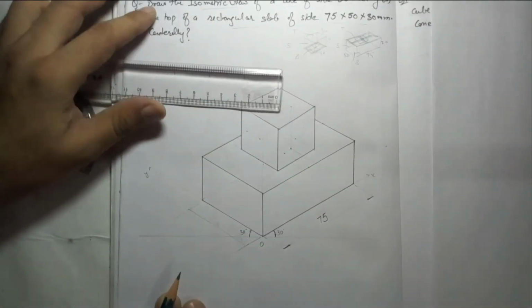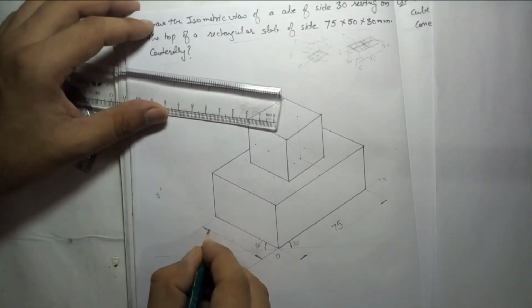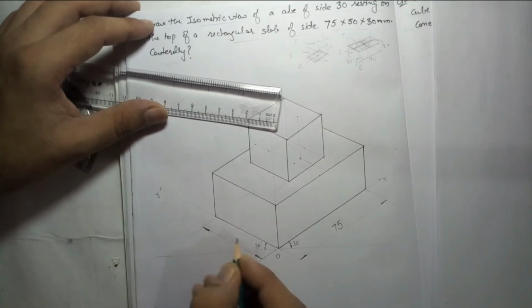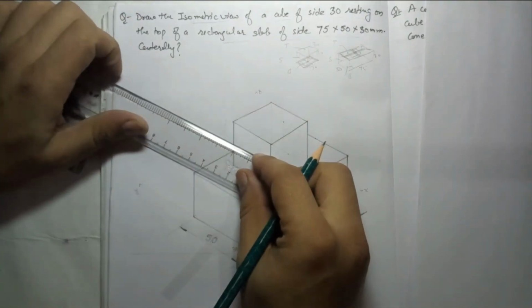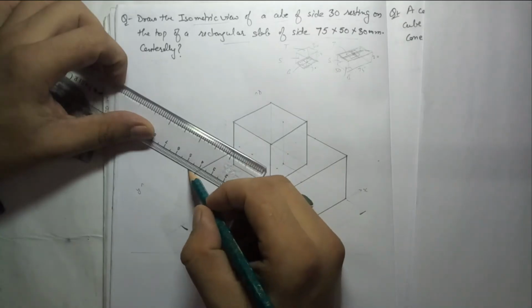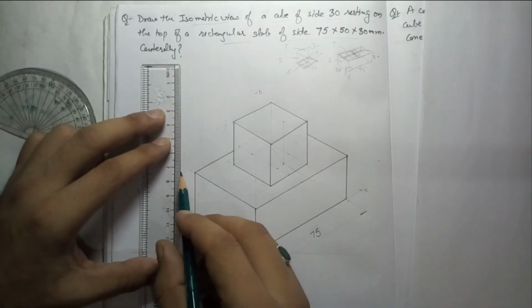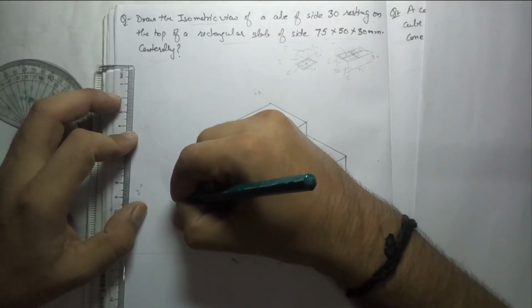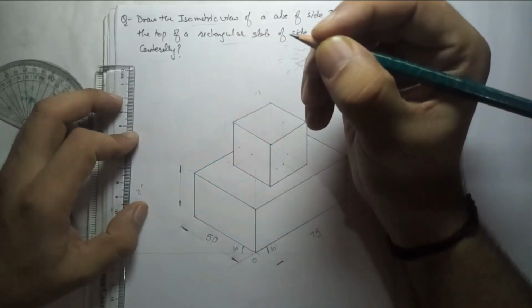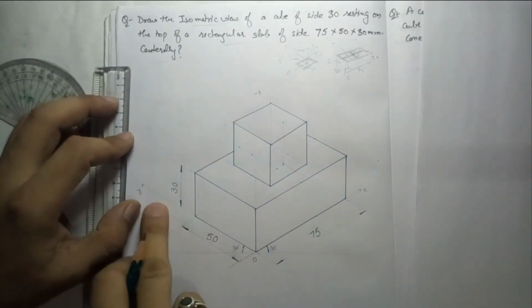Again dimension line, arrowhead, very thin, more in length, less in width. This is the dimension 50. Right, now we will give the height. This extension line parallel to y axis, dimension line parallel to object line, exactly vertical. This is having height 30. So these are the 3 dimensions for the rectangle.